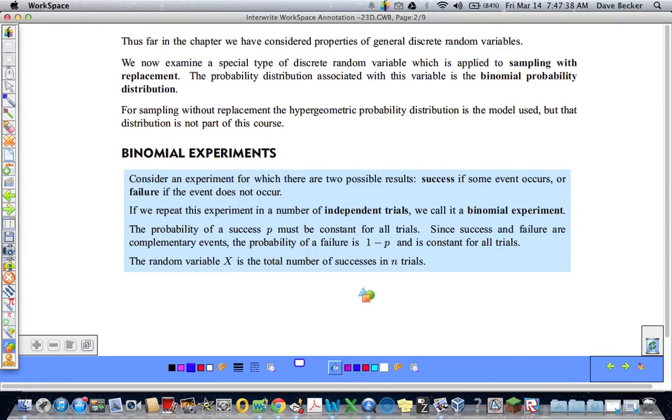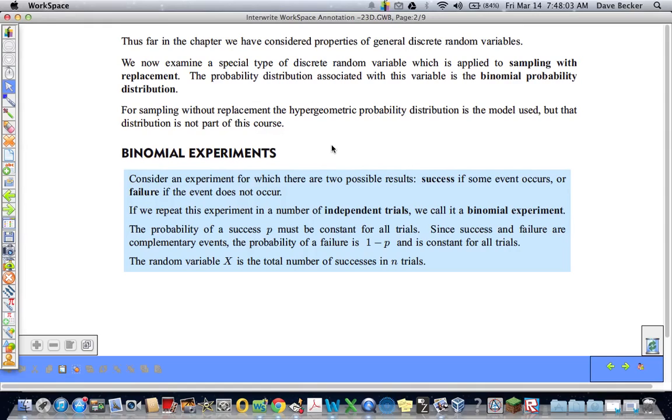Okay, so far we have considered general discrete random variables, and now we're going to talk about a special type of discrete random variable that goes with sampling with replacement. It is the binomial probability distribution. So binomial